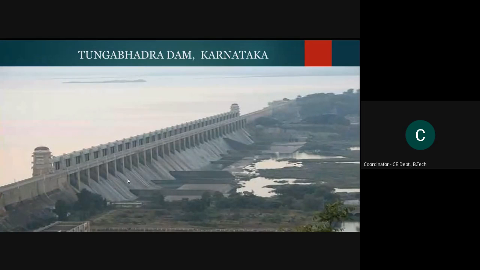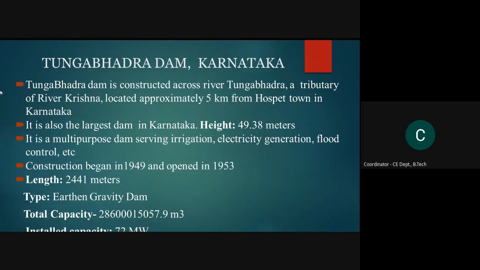Next is Tungabhadra Dam, Karnataka. This is a very important dam in Karnataka state. Tungabhadra Dam is constructed across river Tungabhadra, a tributary of river Krishna. So Krishna river is the main river. So the sub river, the sub channel of that river is Tungabhadra. This Tungabhadra channel has been